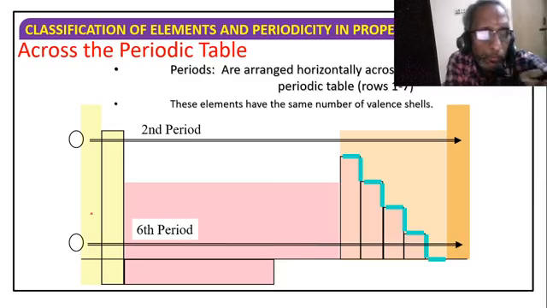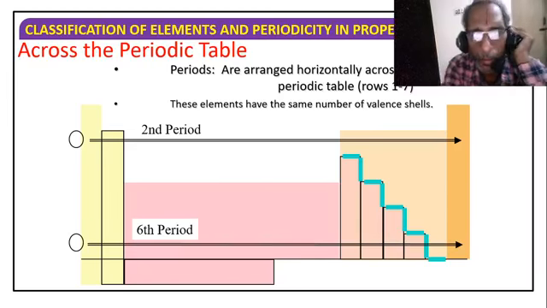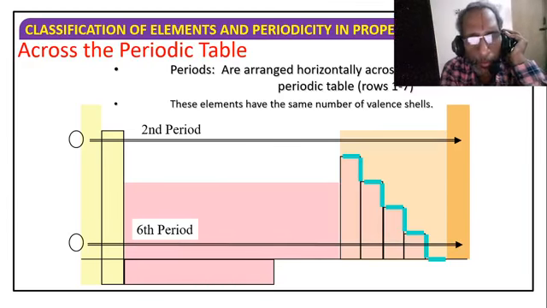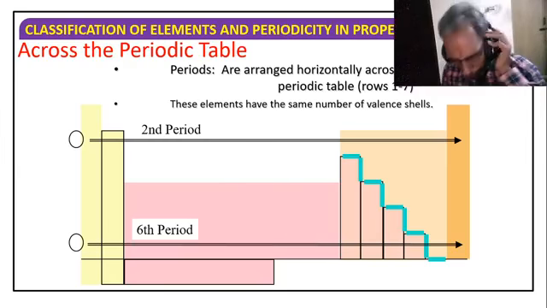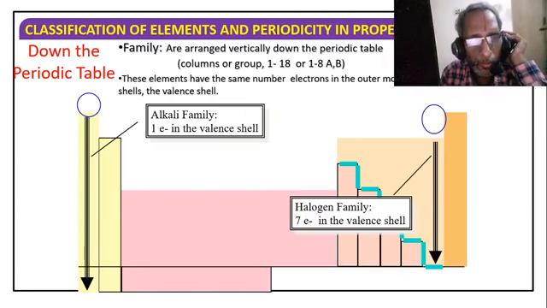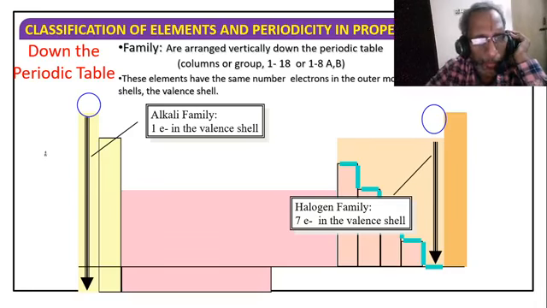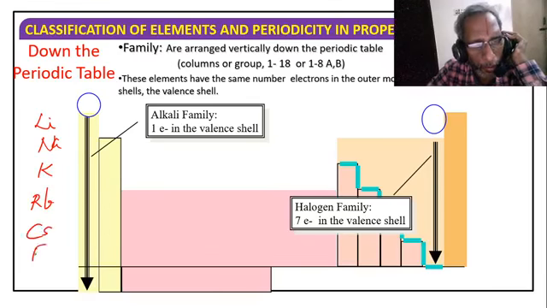Now, the arrangement we have already seen. Second, how many elements are in each period. The first group is called alkali metals. Alkali metals form their hydroxides easily. So the first group metals are lithium, sodium, potassium, rubidium, cesium, francium. Here francium is in the 7th period and radioactive, so it is not considered.